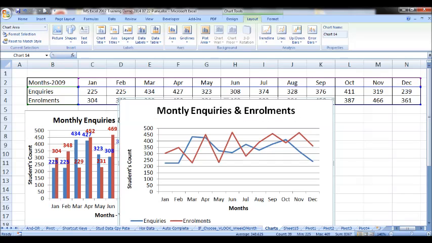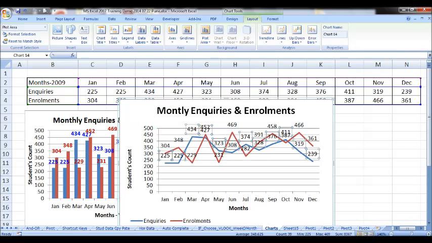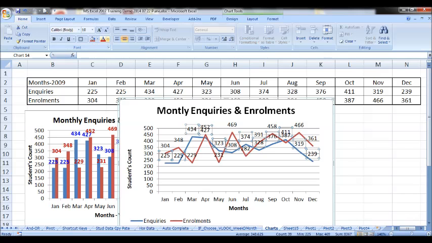If you want to have labels for your graph, labels for your trends, then data labels, where you want to have them, right, left, below or above. You can change, this is for blue, so you can change the font to blue color.